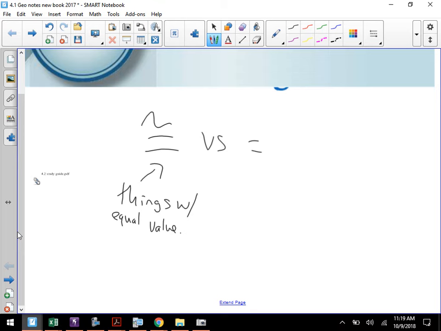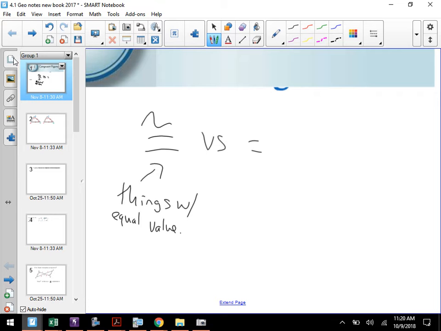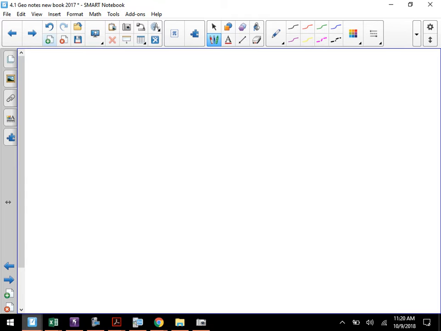Now, when we get into congruency, we start to deal with what are called congruency statements. And congruency statements, which I showed you a little bit of earlier without getting too involved, are very easy to work with. What congruency statements will do, let's say for example, we have a triangle. So if I say I have triangle ABC and it's congruent to triangle XYZ,